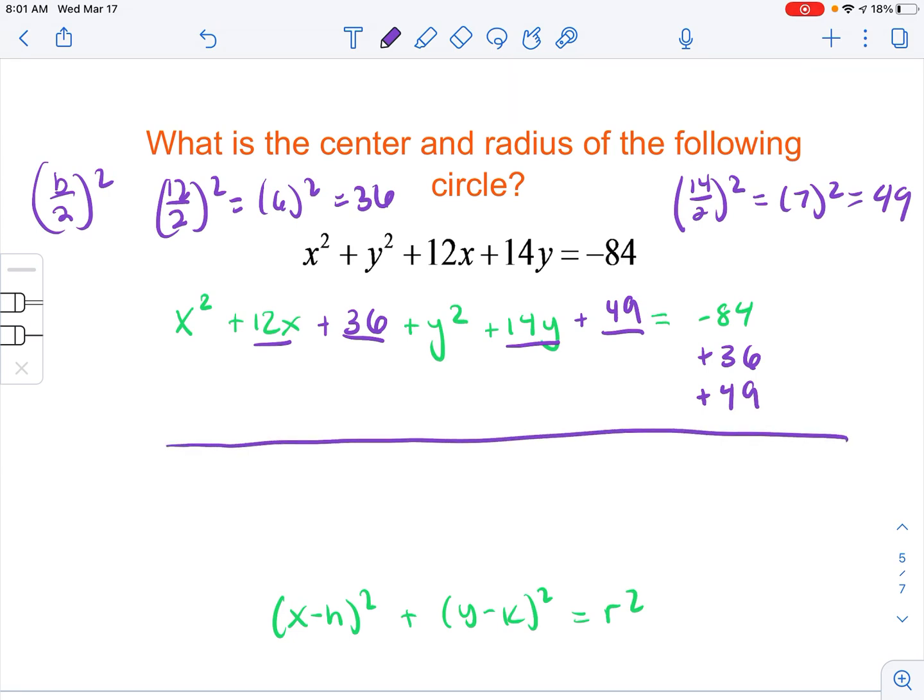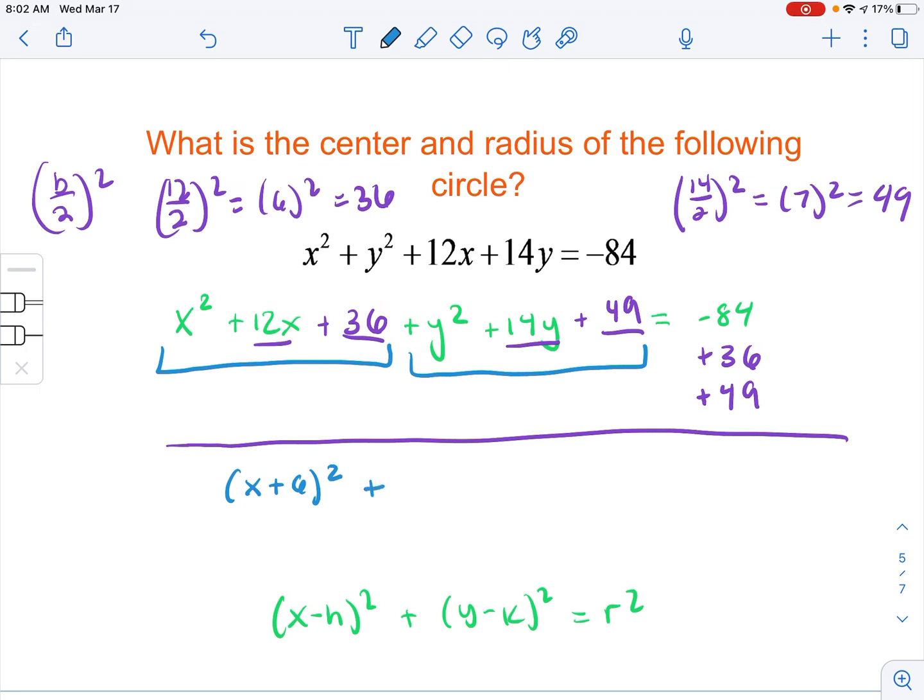So that's the only way that we're going to have a balanced equation, is if I add those two values on the left, I must also add them on the right. So now when we rewrite our equation, we should be focusing on those three terms together and these three terms together. So focusing on the x terms, we see that this actually factors to (x + 6)² because it's